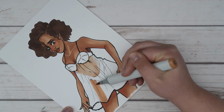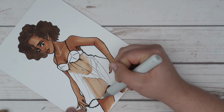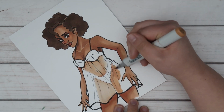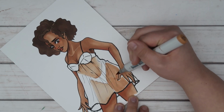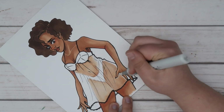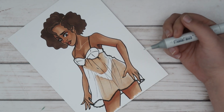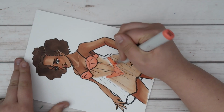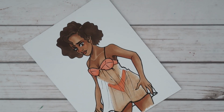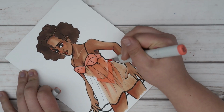So you can see for this part, when I'm moving on to coloring the dress, I had sketched very light, loose lines for where her body was going to be visible under the fabric. And what I did was I laid the color down very lightly, and I wasn't super particular about it being smooth. If it was a little streaky, that's okay, because then I basically go over it pretty heavily with the colorless blender. And when I do that, I kind of found that it gave that sheer effect I was looking for. So I continued to do that for the rest of the dress,